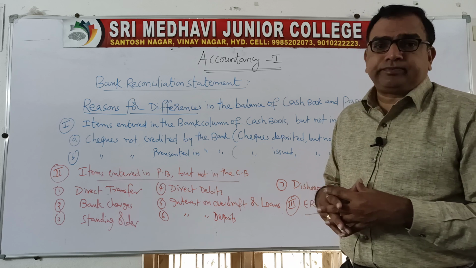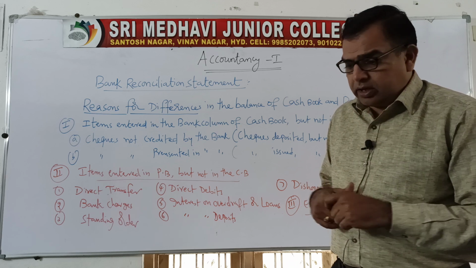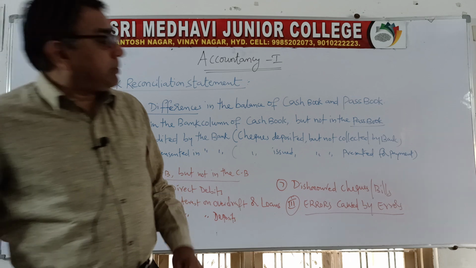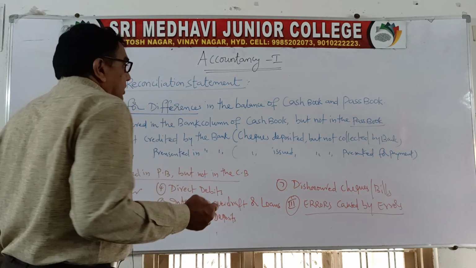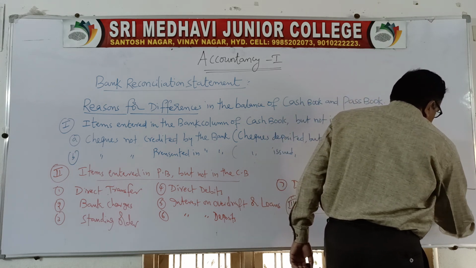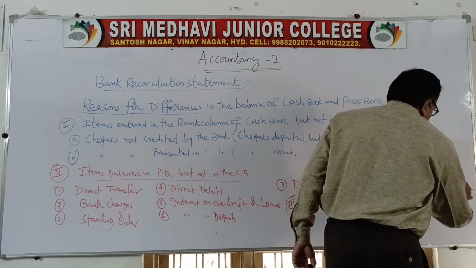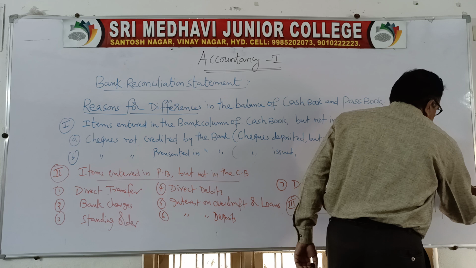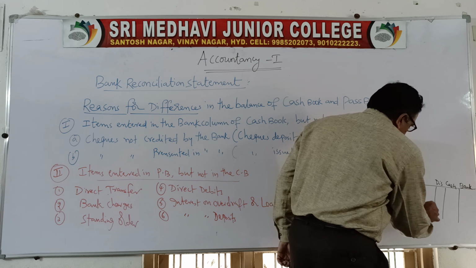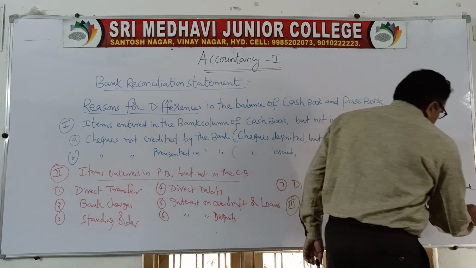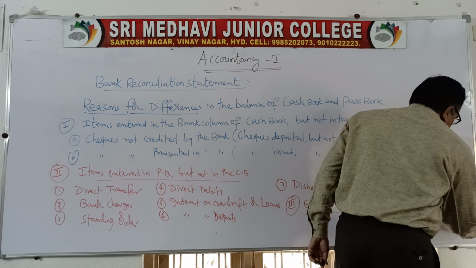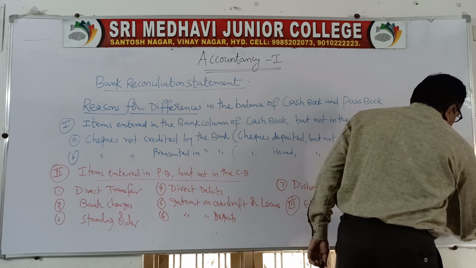Already you might have gone through your 3-column cash book. I hope all of you have gone through it. When you are preparing a 3-column cash book, that cash book is showing you the balance. A 3-column cash book has 3 columns: discount column, cash column, bank column. Here you get some balance, by balance carried down. Some discount we don't balance, say cash column 8,000 and bank column say 18,000. Some balance used to be here.